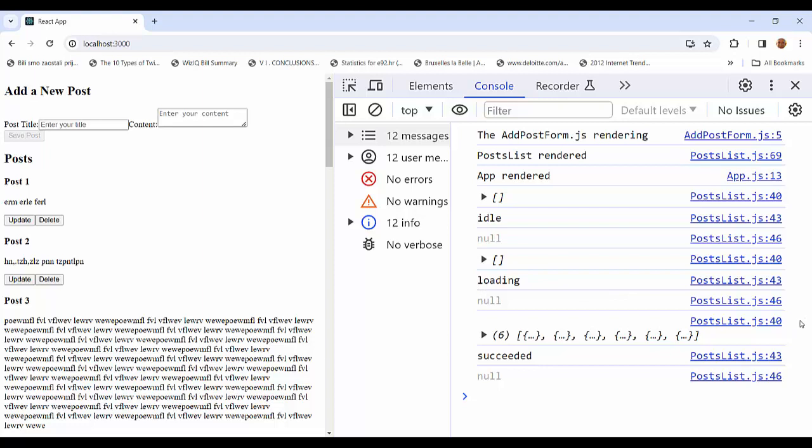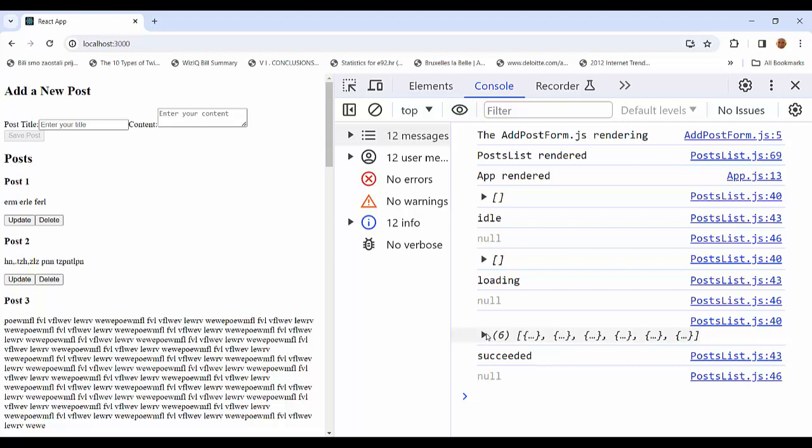It is the pending type of action, our thunk works and waits. Nothing is coming from the server, empty array again, here it is, and the status is loading. That status loading, through useSelector, is transmitted to PostsList. PostsList sees status loading and gives us a loading animation or some text, error null, and when the promise arrived,